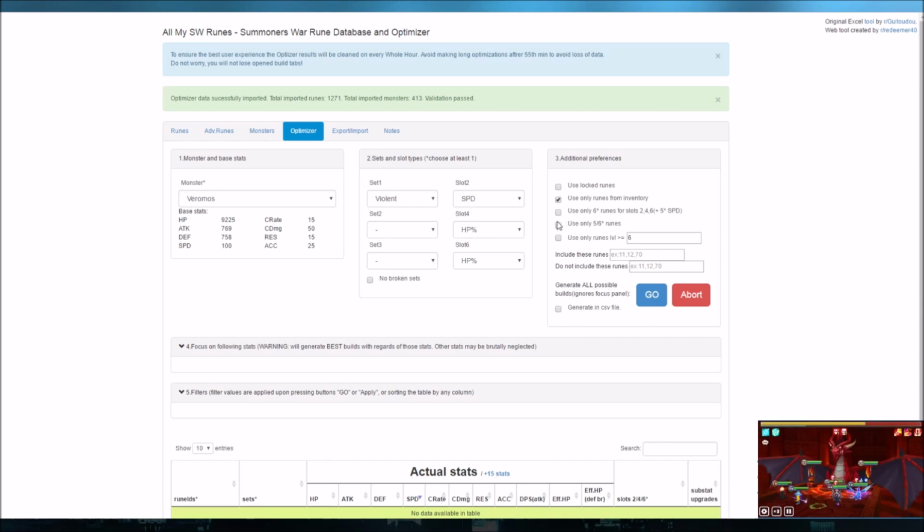now is because when you're runing your Veromos, he is probably your most important PvE unit. To be more successful in the game in the long run, you will want to give him your best runes. So to accomplish that with the optimizer, uncheck use only runes from inventory, and if you've used the optimizer and you've locked a few runes and you want to just get the absolute best runes on Veromos, use your locked